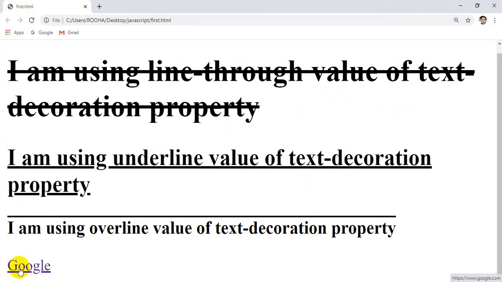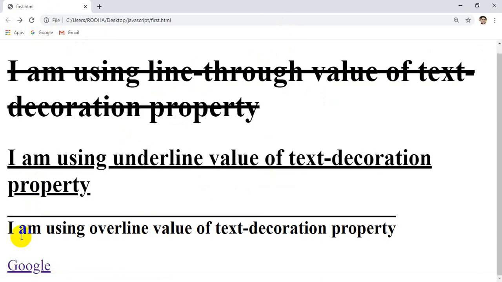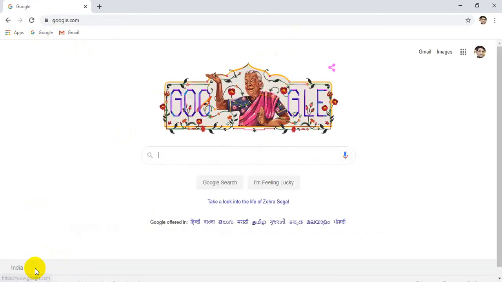When you look at it, there is an underline just below your text. This is by default. If you create any hyperlink, by default it will assign an underline just below the text. When you click on that, it will open your respective page. Why is it opening Google? Because we have added href. Inside href we have added the address of Google. So when you click on this particular text, the Google page will open.